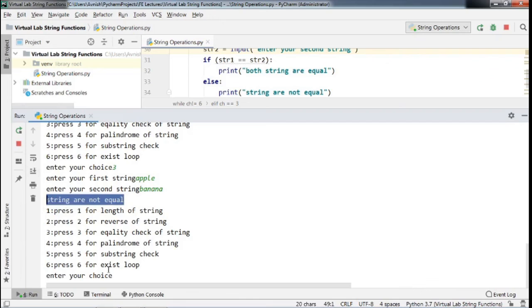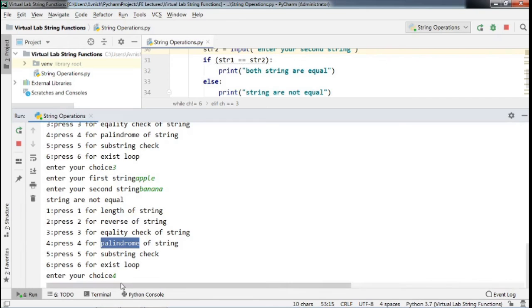Now we have to check the fourth operation, palindrome. What is meant by a palindrome string? Palindrome strings are strings that, when we read them from the forward side and when we read them from the reverse side, are the same.